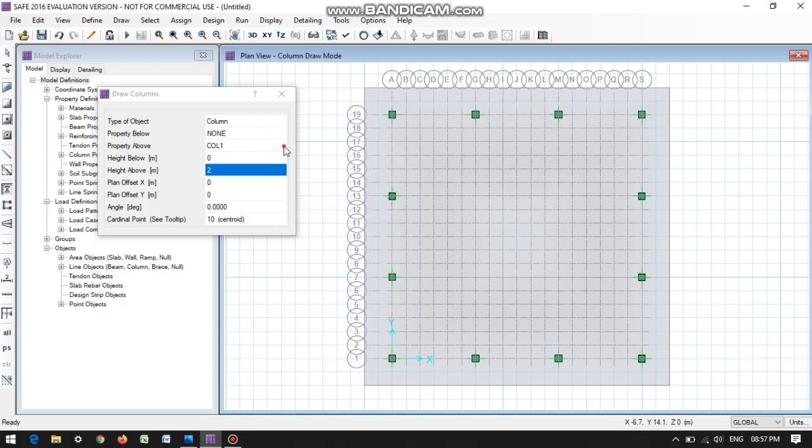Okay, and in the middle, column 2 of 600 mm by 600 mm. Yes.